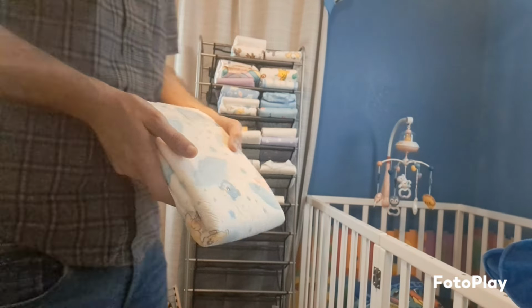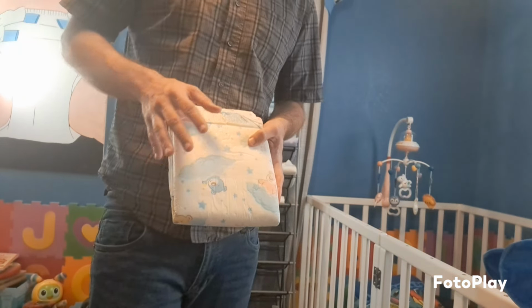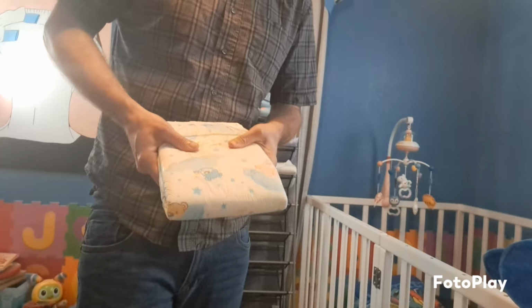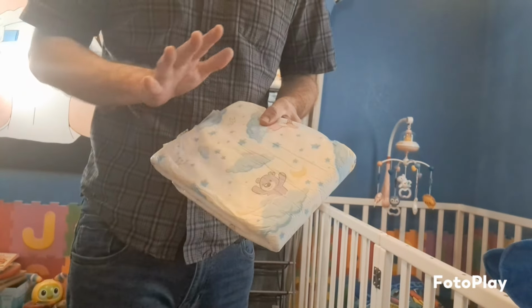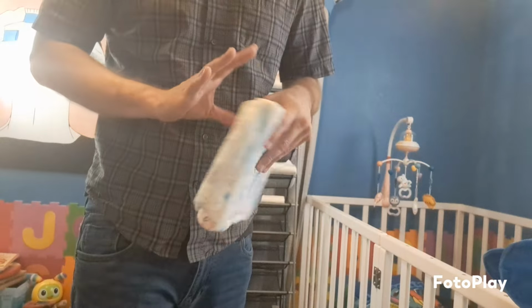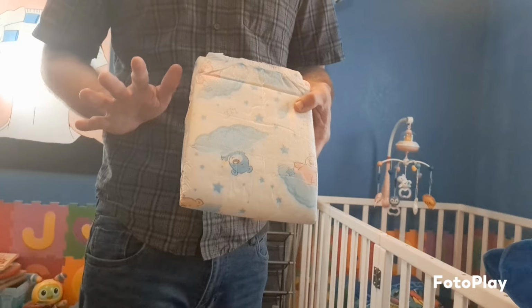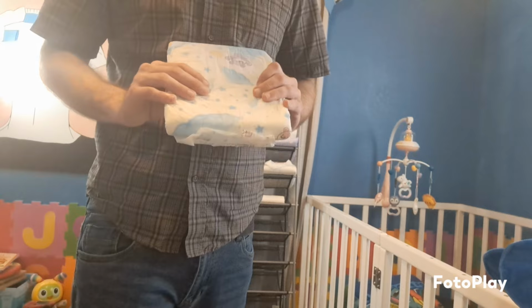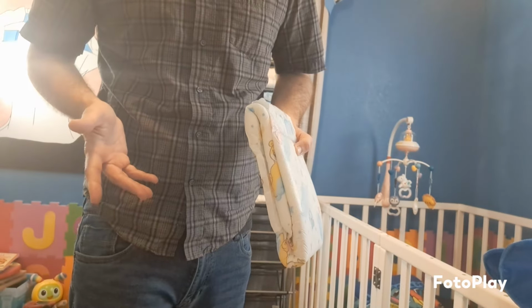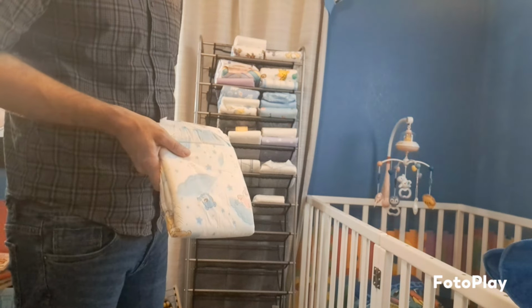All right. Here is a rare one. And I actually have, let's see, I think I have probably about 5 of these. I bought these last time I was at Changing Times Diaper Company, and I bought the last supply that they had of these. This is the Changing Times brand, which is Bear Hugz. And these diapers are very similar to Bambino. They're basically Bambino diapers,